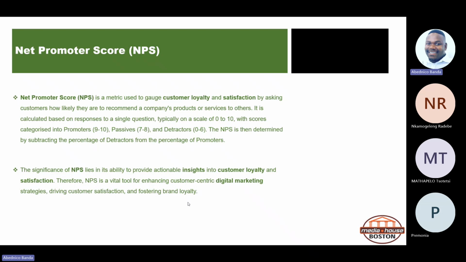You are saying something, Matapelo? Can I ask something, sir? Yes. Because I know it's not only when you call Vodacom and Telcom that they ask you to rate their thing. So, is there a reason? I want to know the real reason of them saying you must rate them. Is it because they want to know if this person can do the work, or if you're always satisfied? Which is which?